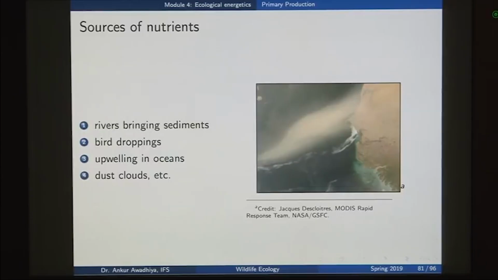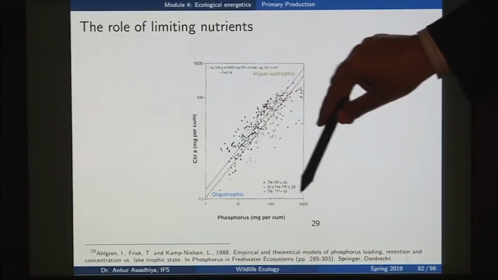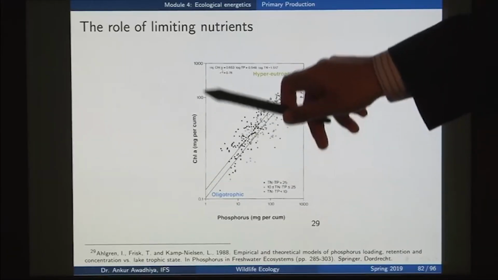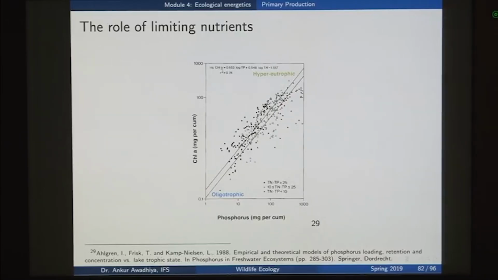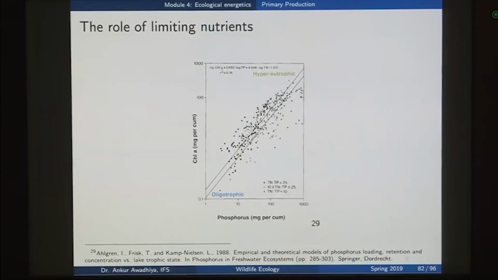And it is important to note which nutrients are there in our water body, because that permits us to engineer these water bodies. So, for instance, here we have a graph where the x axis is showing the phosphorus concentration and the y axis is showing the chlorophyll concentration. So, in a number of lakes it has been observed that with an increased amount of phosphorus, the amount of chlorophyll A increases, which means that in these lakes phosphorus is the limiting nutrient. If you increase phosphorus, you will move this lake from an oligotrophic lake to a eutrophic or a hypereutrophic lake.